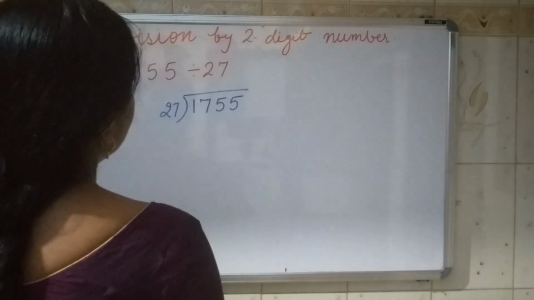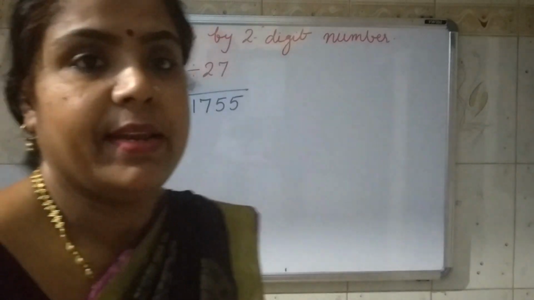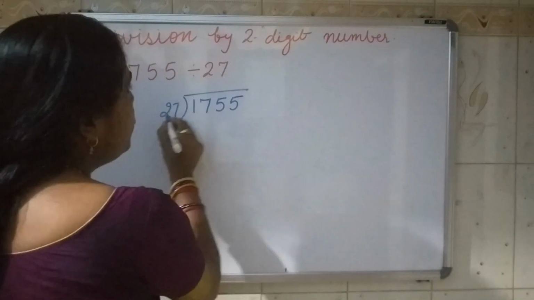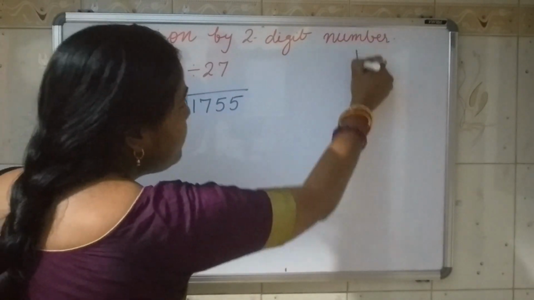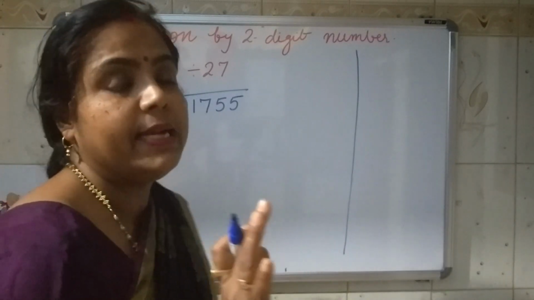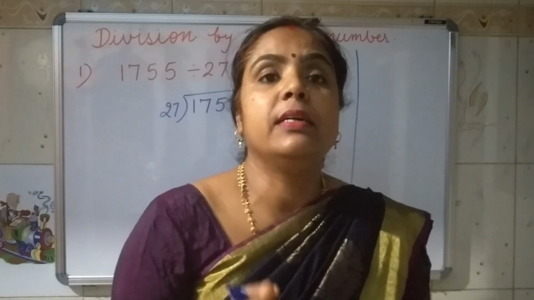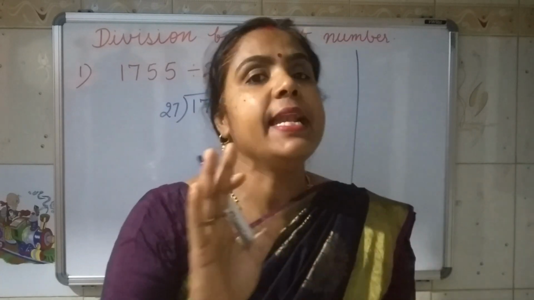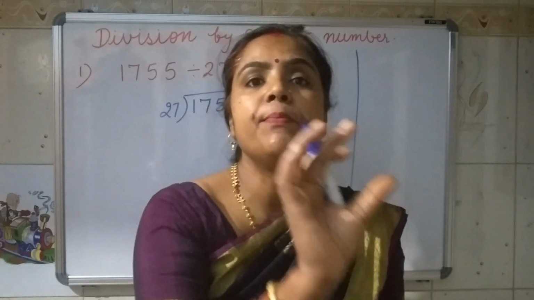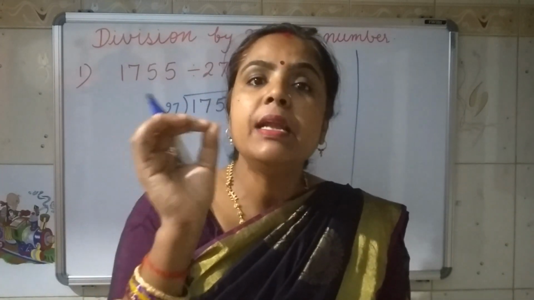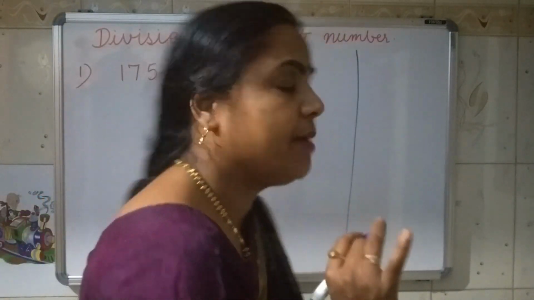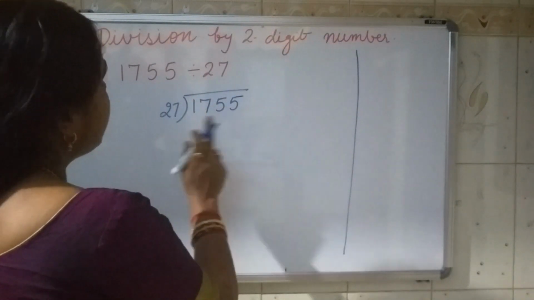Clear to you? Now we don't know the table of 27. In this case, what will we do? First we will read the table of 2, and before we start, we will make a rough column. Since we don't know the table of 27, we will use the method called try and hit. It means we try different numbers, see which number it is divisible by, and that number we hit on the division process. So this is called the try and hit method. We are going to start now.